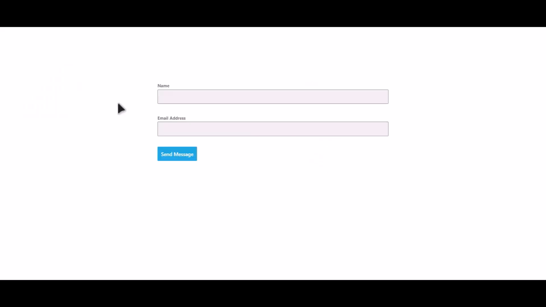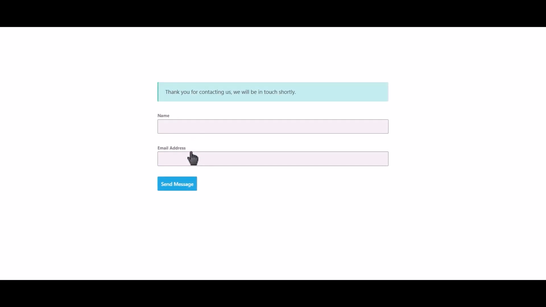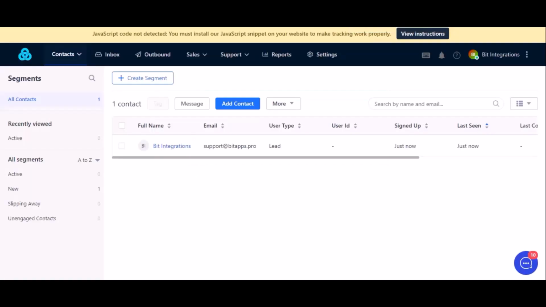Let's submit a form. Click on Send Message. Form submitted successfully. Now let's go to the GetGist. Here is the data that came into GetGist through the